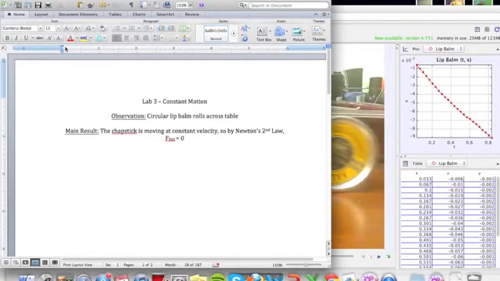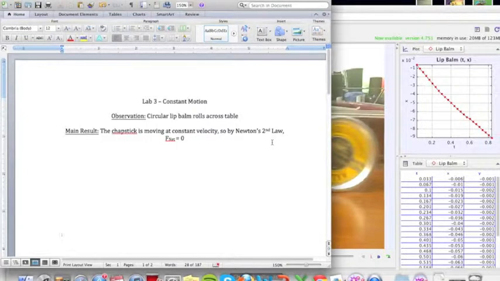Alright, so my name is Haynes, and this is lab 3 of constant velocity motion. The observation we're making is the circular lip balm rolling across the table, and the lip balm is moving at constant velocity in a straight line. So our main result is going to be, by Newton's second law, that the net force on the chapstick is